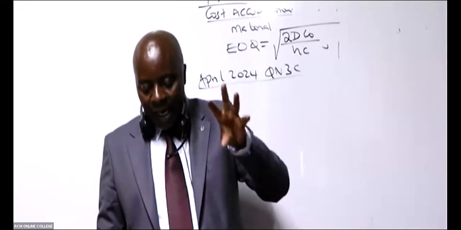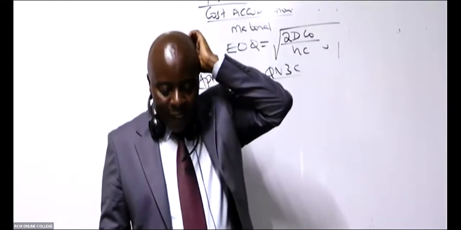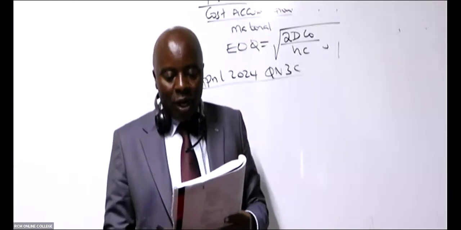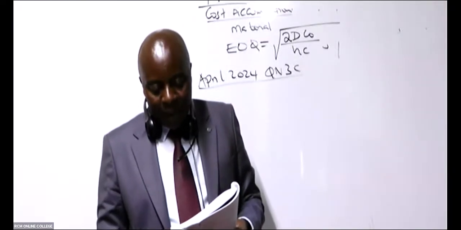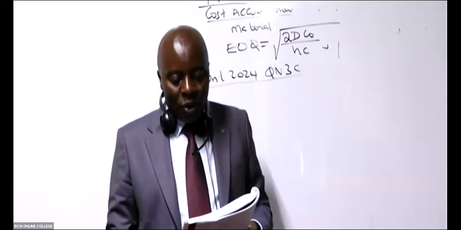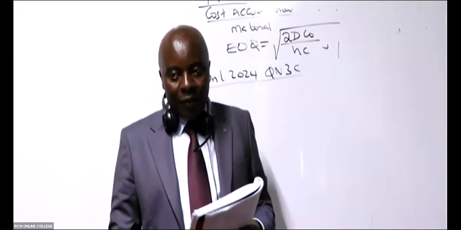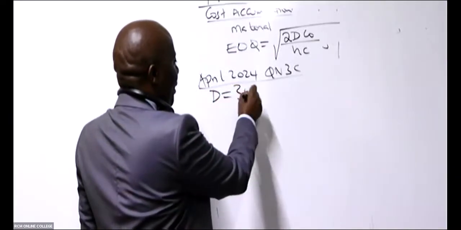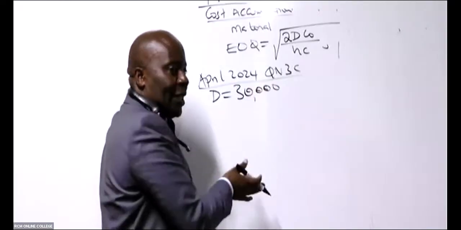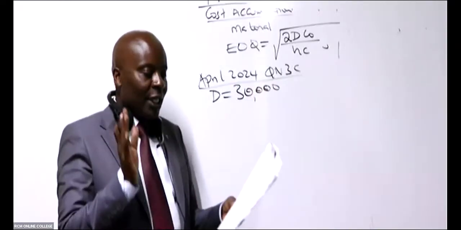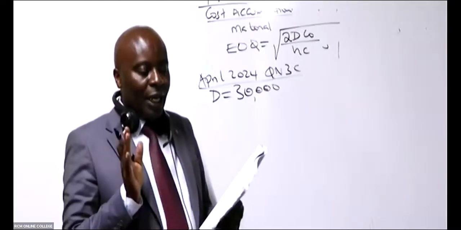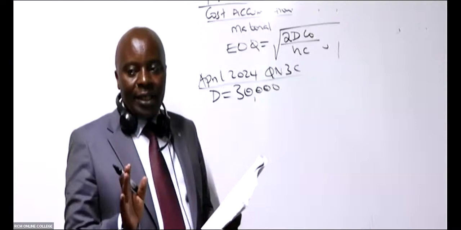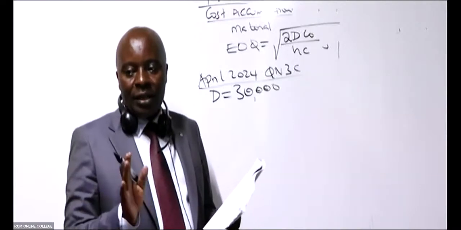We are told Ufanisi Enterprises outsources one of its raw materials, branded Ck, externally. The annual sales demand for material Ck is 30,000. They've given us D. So D equals annual demand. Remember, annual demand is D. So D equals 30,000. The company is planning to switch its purchasing system to JIT, what we call just in time